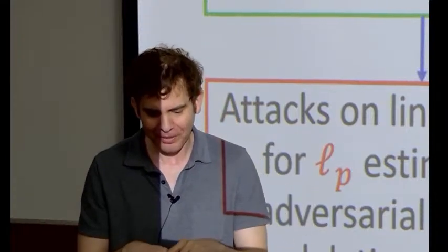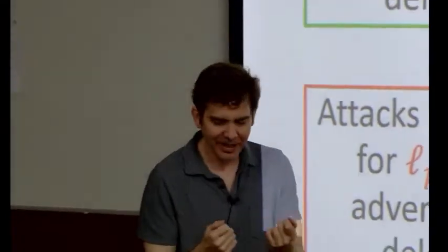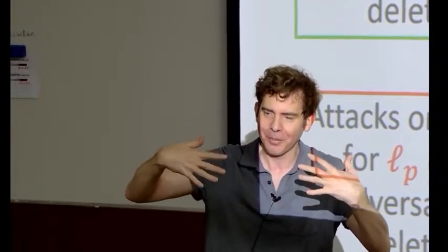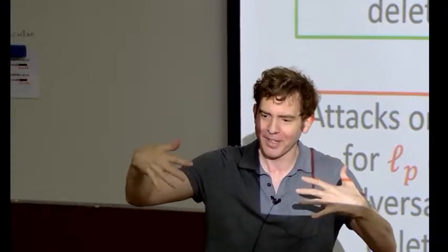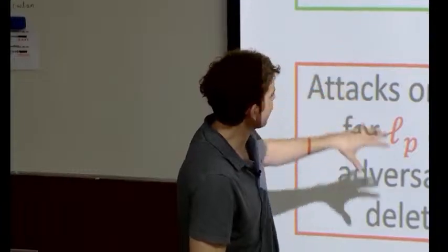I think the attack I described with these Gaussian query vectors can rule out very large approximation factors, even poly n approximation factors. So if you have some function which is within a poly n factor of some LP norm, you can break those as well. But these recent results are just for constant factor inapproximability. So any function within a constant factor of LP can be broken with this.